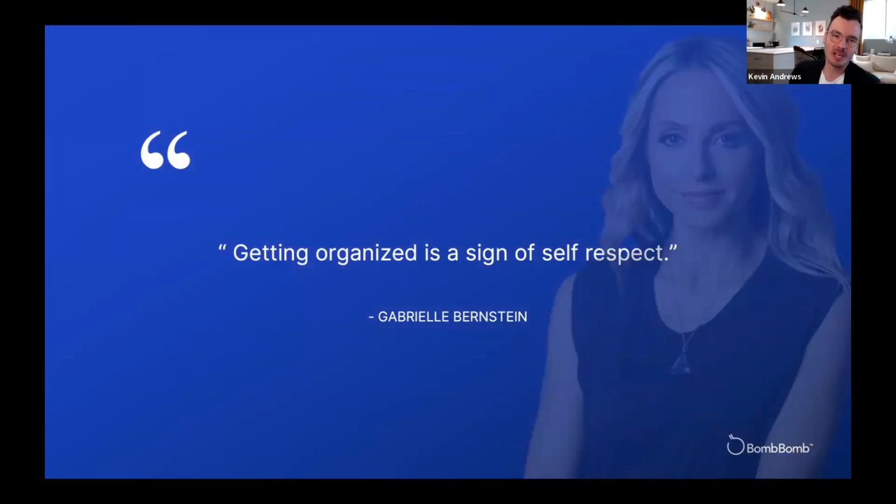I found this great quote from Gabby Bernstein, who's an author. She's got a couple New York Times bestselling books. She hosts the podcasts, speaks, all those things that a lot of the people that are writing books nowadays do. And I just love this. It's simple, it's to the point, but I think it really does hit a much deeper level of getting organized